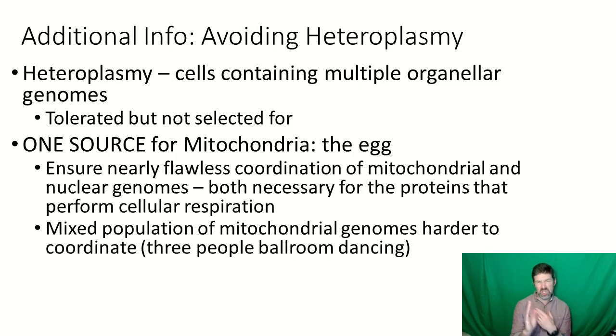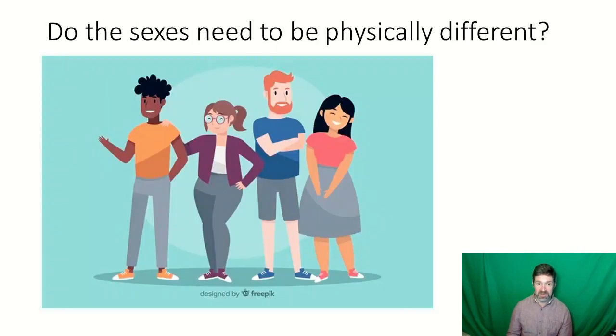what that does is ensure that there's good communication between the mitochondria and the nucleus, because they've already been doing it, right? If I bring in a third mitochondria or another kind of mitochondria, now we've got three genomes that are kind of trying to coordinate, and we're not used to that, and it may not work so well. Now, it has been seen, and we do see it, but it's rare, and it's tolerated, but it's probably not selected for. So you know that all your mitochondria come from your maternal lineage, from your mom, from the egg producers in your life, right? So that's a little complicated, especially if you've never heard any of that stuff before, but it is some really interesting things to think about as to why we have those two sexes.